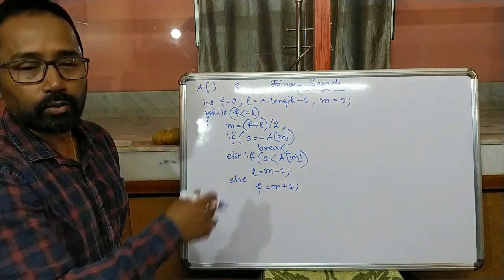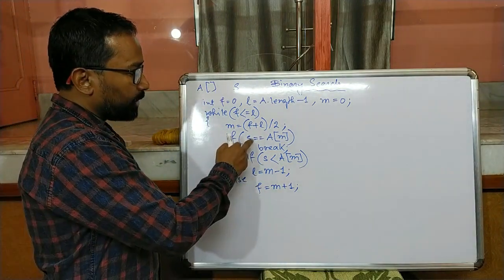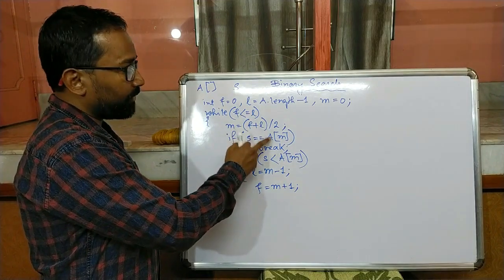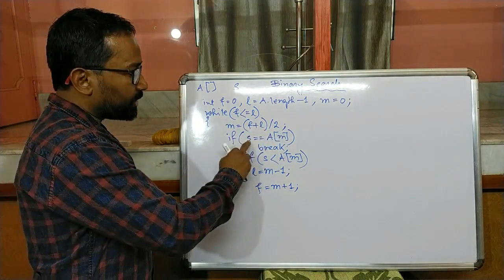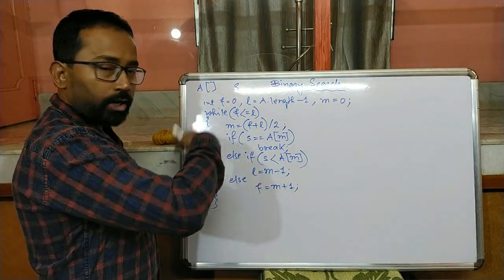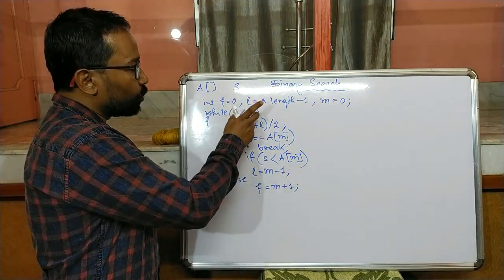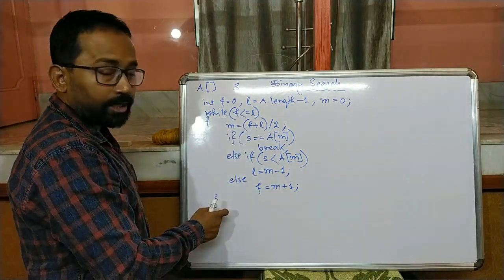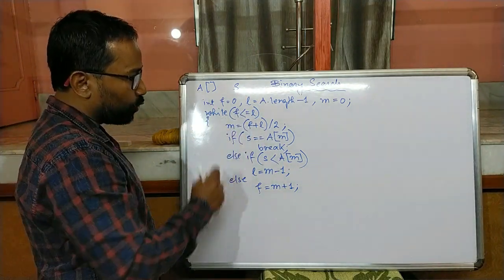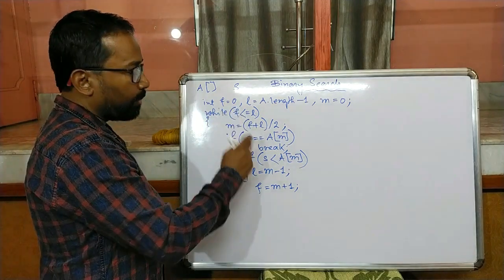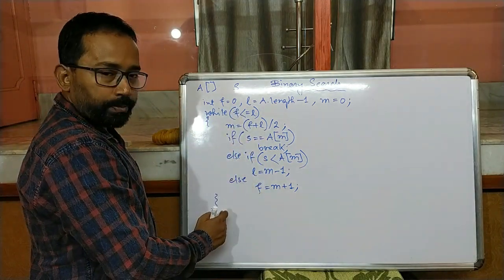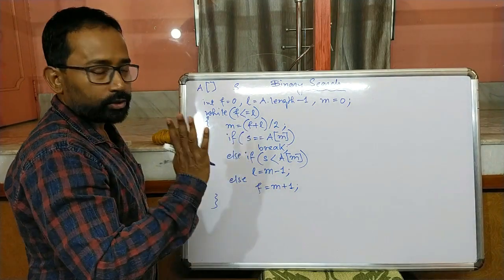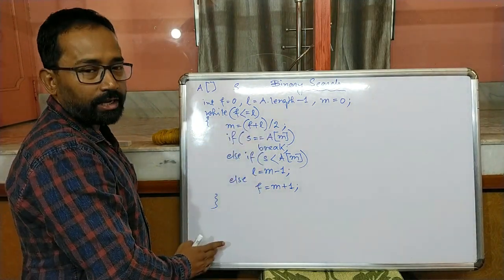Let this loop continue. Anywhere inside the loop, anytime if this condition becomes true, the loop will terminate for the execution of this break. It means the value is present at m index. And if this condition never becomes true, the loop will continue, and one time will come when this loop conditional statement will become false. And when this becomes false, the loop will terminate. If we find after the loop has terminated that it was for the false of this condition, it means the value is not present. And if the loop is terminated for the true of this condition, for the execution of break, it means the value is present at m index. That we have to check and print here.